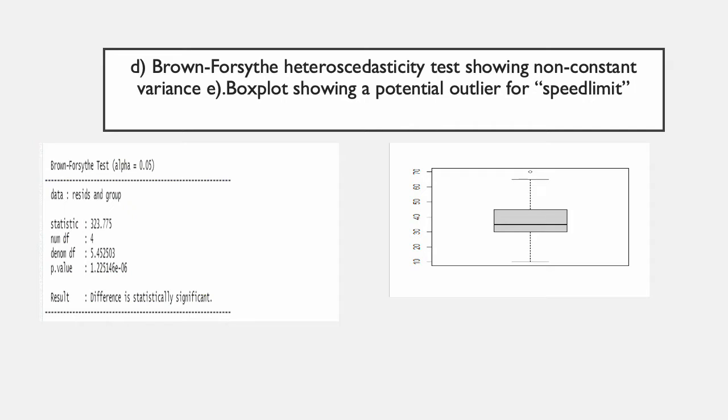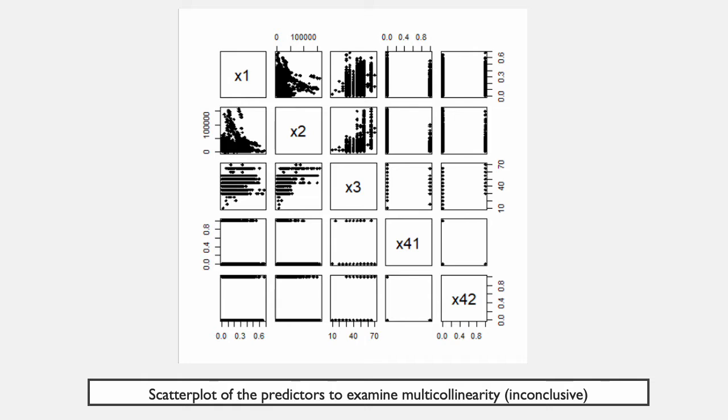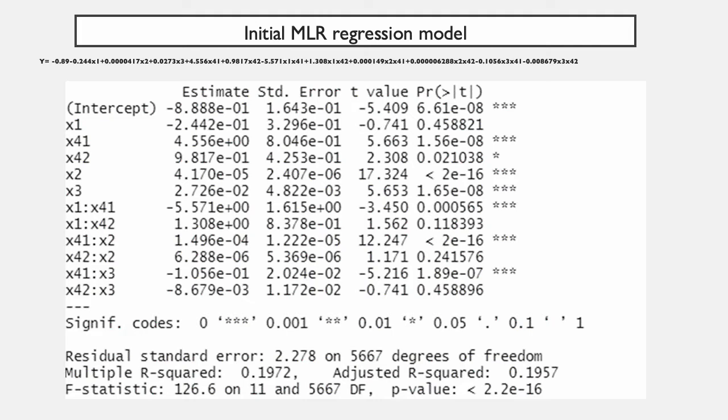The box plots for the other predictors, which are not shown here, also show diverse outliers, and it's included in the write-up. We then examine multicollinearity between all of the predictors we used. We found that there is no visible multicollinearity. However, we state that it is inconclusive, as our data set is large and the plot is really inconclusive. This is our initial multiple linear regression model, and it includes interaction terms between the categorical variable and all other predictors in the model.